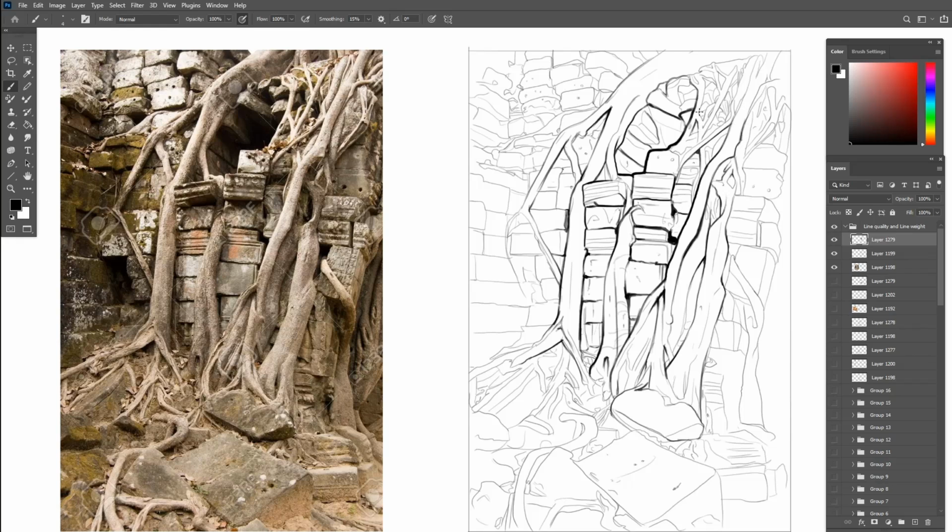But we are still using different lines for each area, so it still has some character in it, but not so much that it will take away the focus from the focal point. You do not want to distract the viewers with sudden contrast away from the focal point unless you want two different focal points in your drawing, which is something you can do.